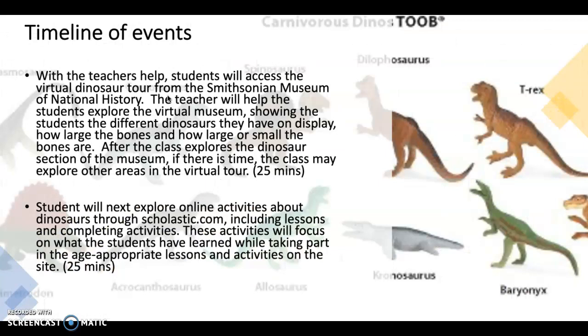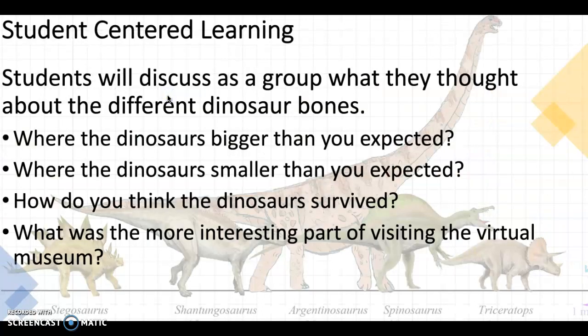Then the second part of the lesson would be that the students would explore online activities about the dinosaurs through scholastic.com. It would include age-appropriate lessons and activities on these dinosaurs. The student-centered learning for this lesson would be that the students would discuss as a group what they thought about the different dinosaur bones. Were the dinosaurs' bones bigger than they expected? Were